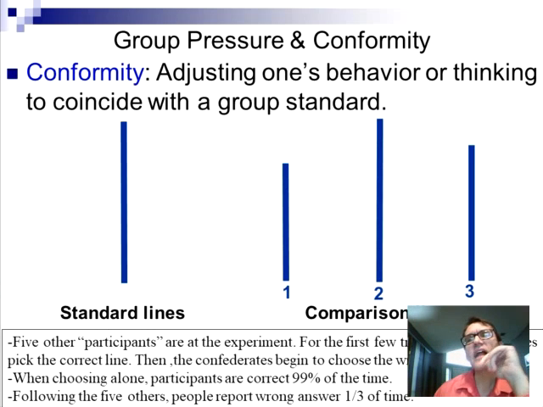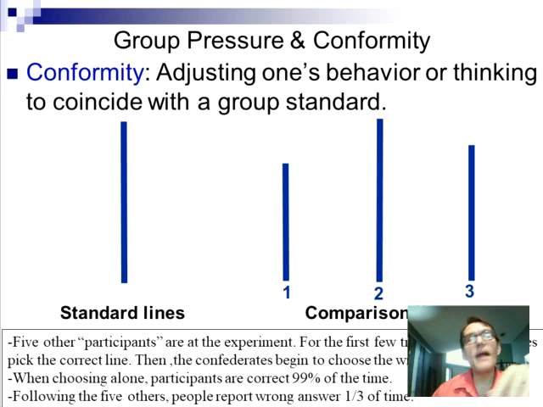In the classic study, Solomon Asch's work, Solomon Asch put together this simple presentation where he would put a standard line, 3 comparison lines, and say which one is equal. Okay, when people are doing this thing all by themselves, they're 99% correct. Okay, it's a pretty easy task. But Solomon Asch put people into a group with confederates. You know, confederates are people that work for the experimenter, but the participant in the study doesn't know that they're working for the experimenter. Okay, and so you've got like 5 other people,